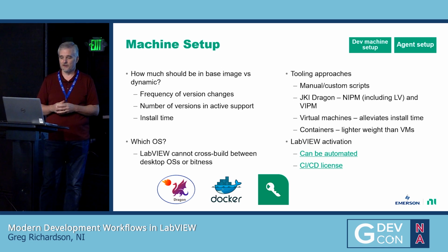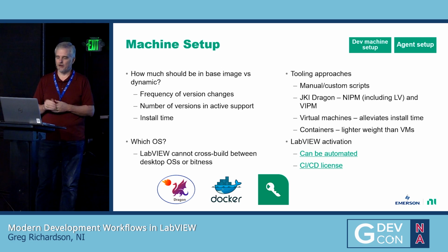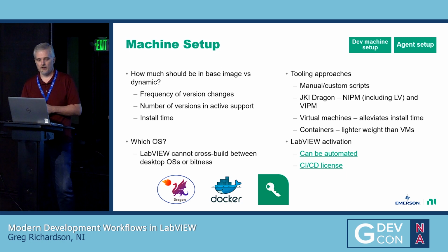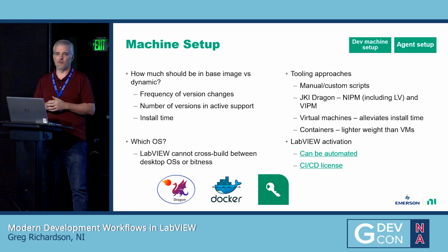Now, in order to do that efficiently, you probably don't want to run the NIPM installer every time. It's a little slow, we know that. But there are people who are having good luck with using containers, putting LabVIEW in containers. Some of the key things to think about there are licensing, if you're dealing with Windows, because we don't have